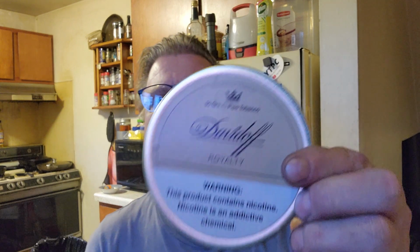So that's the 10 date. This Davidoff is almost 8 years old. And I've had it for all this time. I've never opened it up, never smoked it. But we're going to have to do a tobacco review on this Davidoff. So let's start something on fire, but